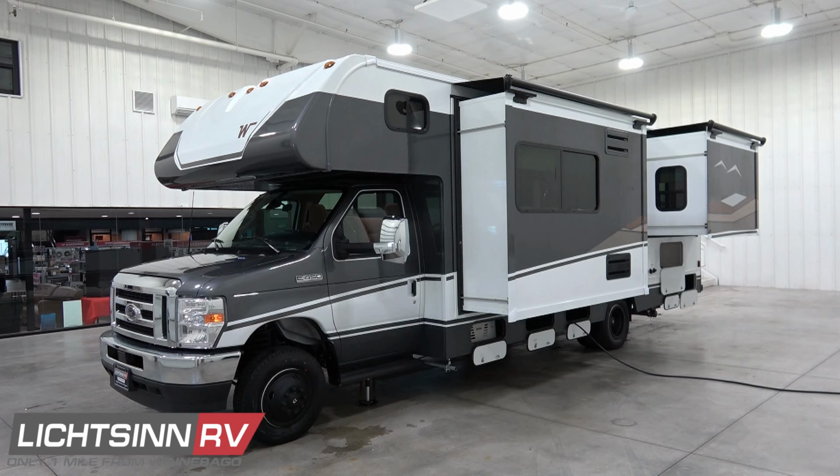both of which are twins all the way down to features, quality, content, price, and colors, we here at Lichtsinn RV, being a full-line Winnebago dealership, can provide you that unbiased opinion, offers the following National Parks Foundation package exclusive to the 26T floor plan, the RV industry's most successful selling nimble Class C camper, and it includes the following components